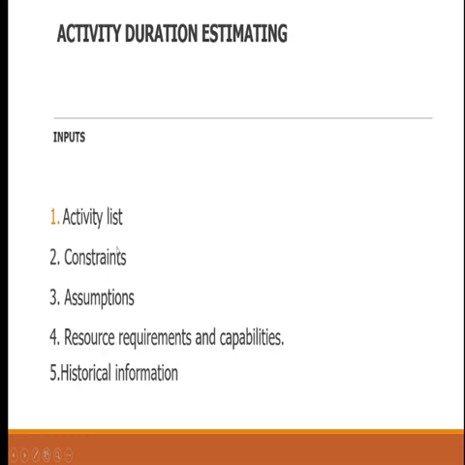So let's run it. Inputs to activity duration estimating. 1, have your activity list. 2 and 3, you already know. Constraints and assumptions, know them. Keep carrying over. As you solve them, you leave them behind. As you see new constraints and assumptions, you keep holding them. Don't use them until you are sure before you can apply them. Number 4, know your resource requirement. What do you require? Then know your resource capability.